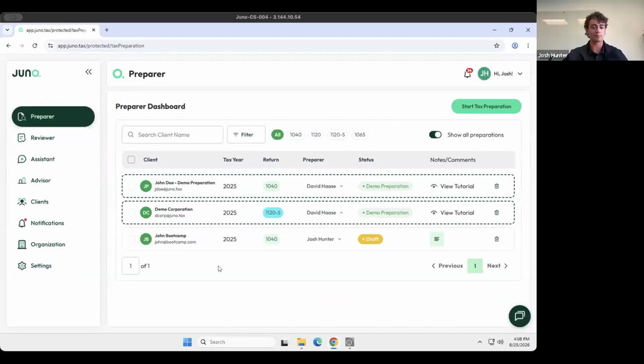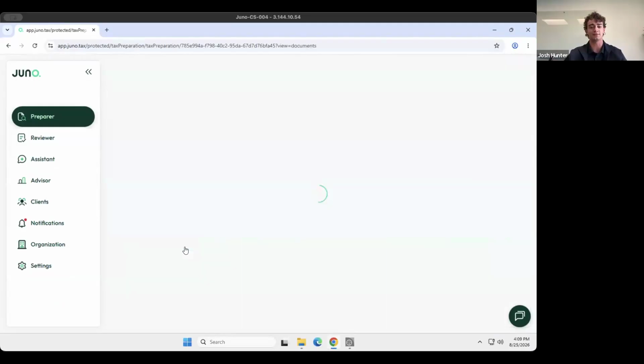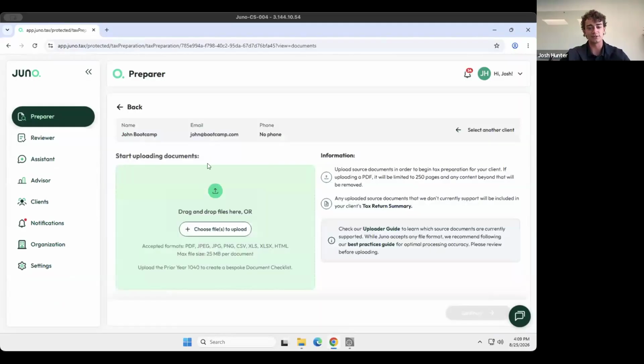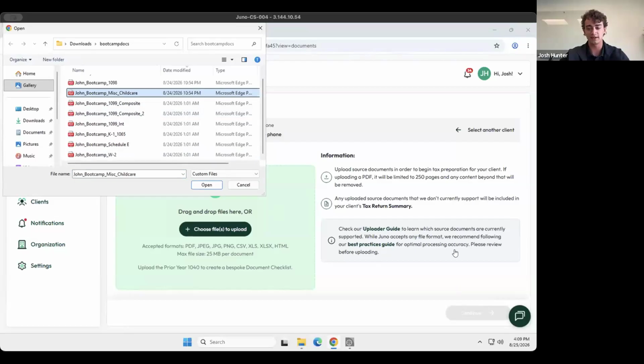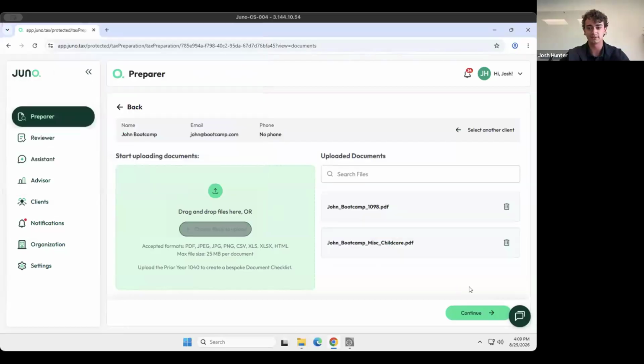Awesome. So I've got a preparation started here in Juno for the boot camp. And I think the first step for this is just getting the documents in. I've got them ready to upload here, so I'm just going to drag or select them. This management integration can make this a lot easier too. So once we've got all this selected, let's see, it looks like